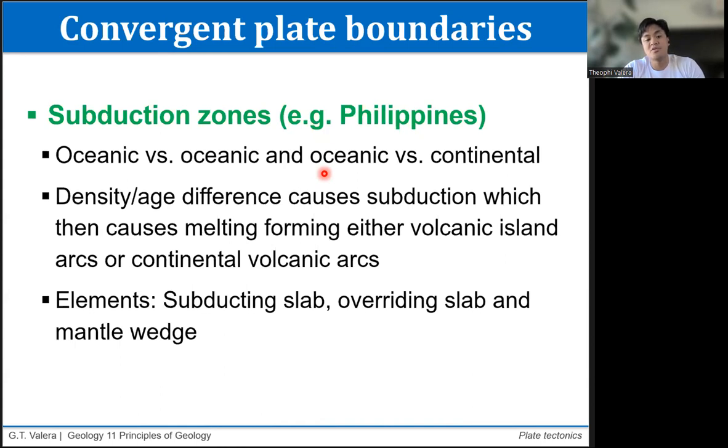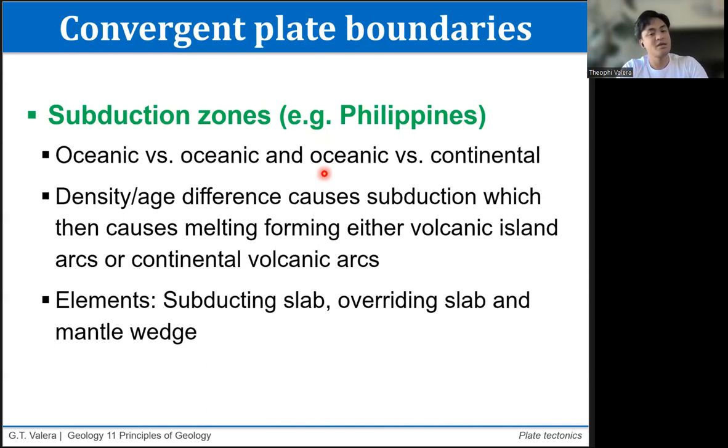So for the part where you have oceanic, you have basically density difference between the oceanic crust, which although younger in general and thinner than continental crust, is actually denser, and this density difference causes the oceanic crust to start going beneath the other plate, the continental crust, which leads to arcs. So continental volcanic arcs. Paano naman kapag oceanic?